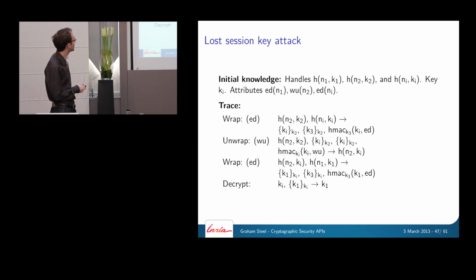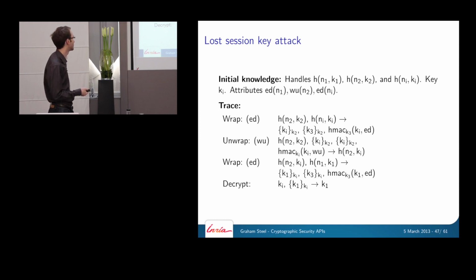And of course, when the device comes to unwrap this, it's just going to say, well, fine, so first I should decrypt the key, I should decrypt the MAC key, now I should check that the MAC is correct for this value. Yeah, that's correct, that's fine. So now I'm going to generate you a handle pointing to KI, but now this is a wrap and unwrap handle pointing to KI. So now I've managed to turn my encryption and decryption key into a wrapping and unwrapping